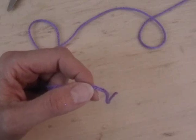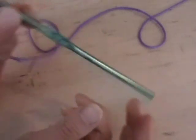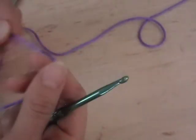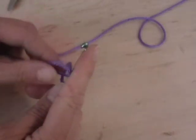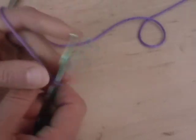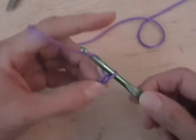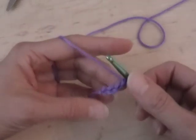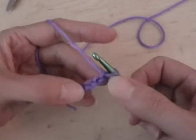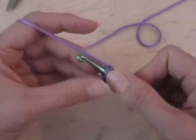To crochet this basic headband, I'm using Caron Simply Soft yarn and a size H crochet hook. So we're going to chain stitch 4 chains. 1, 2, 3, 4. And now I'll work a single crochet in the second chain from the hook right here, and then we'll